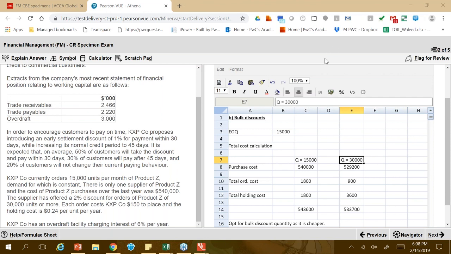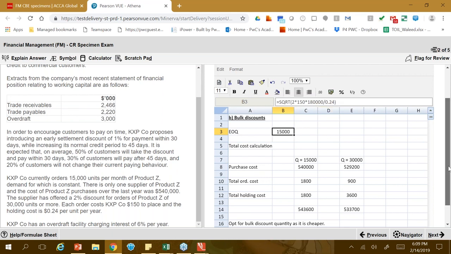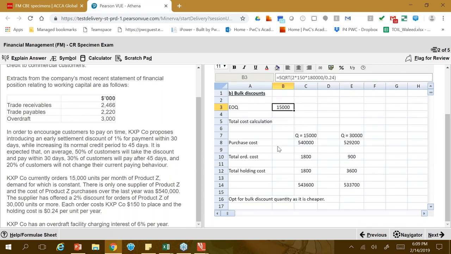Okay, final question. Calculation of EOQ in CB space. Once again, please. Well, here it is. SQRT brackets 2 into CO into D. This is the demand. You could have worked this out as well. 15,000 into 12 here, over the 0.24, which is the holding cost per unit per annum. So this was another 6 marks that we got on this requirement. Now,